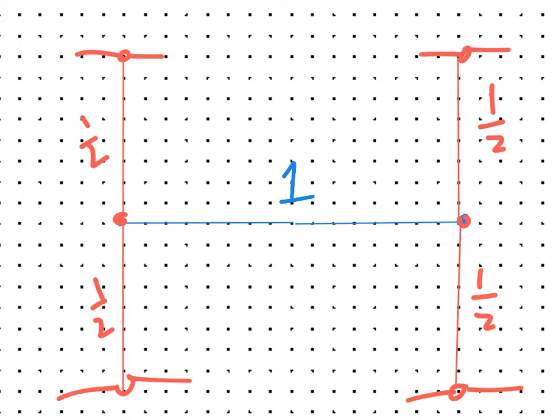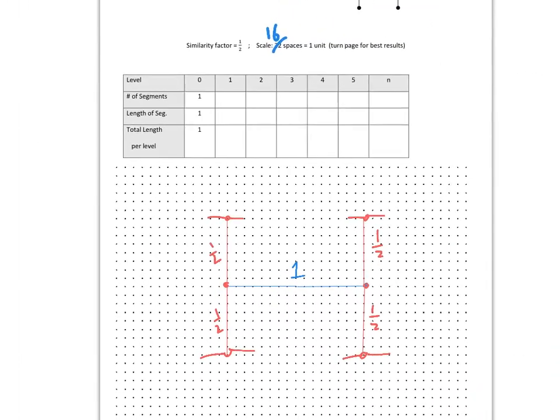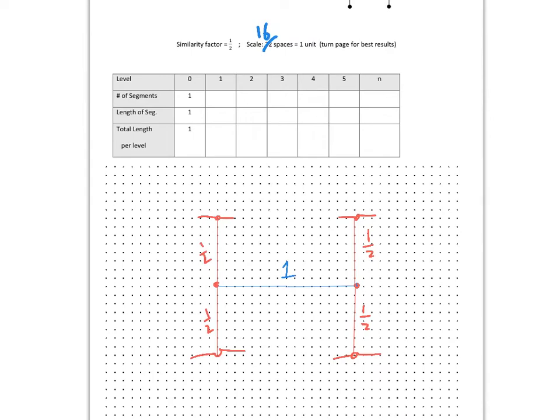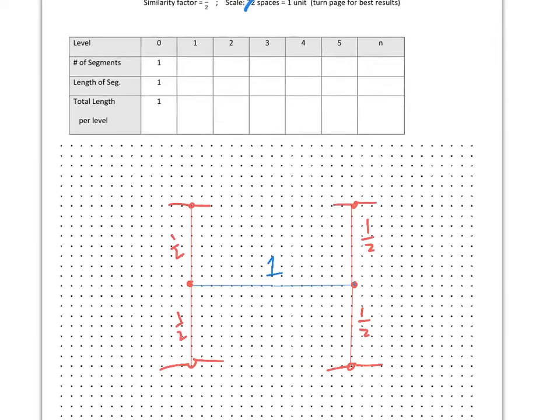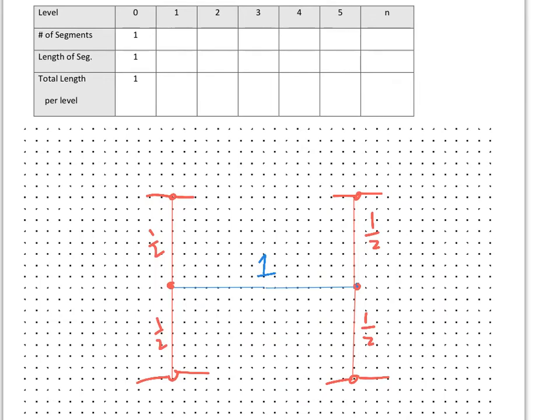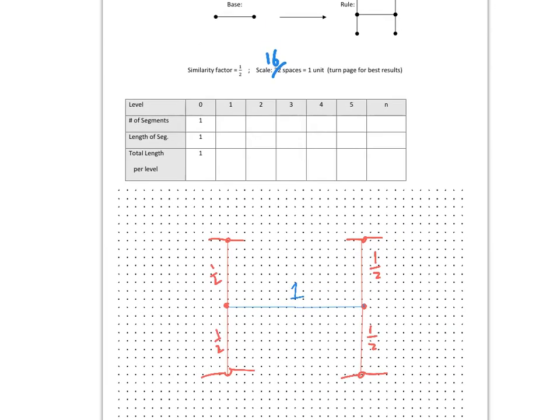And then we're going to do some computations and figure out what the total length of this is at each stage. And we'll see how it fills the plane a little bit. So that's the H-fractal, all right? So then what we'll do is we'll do some